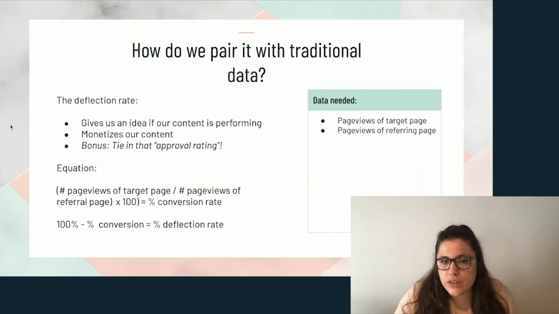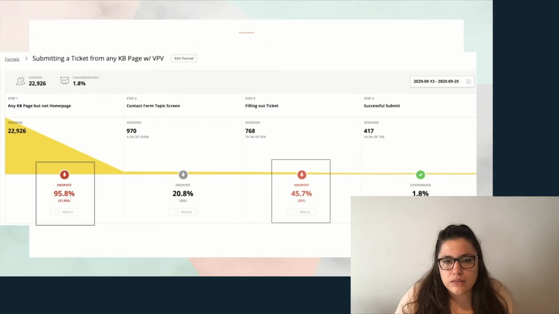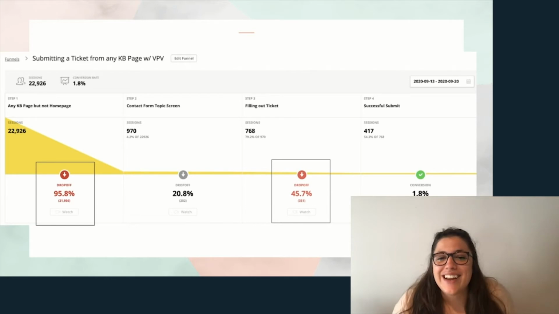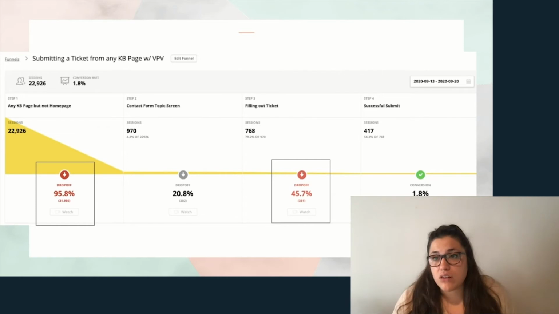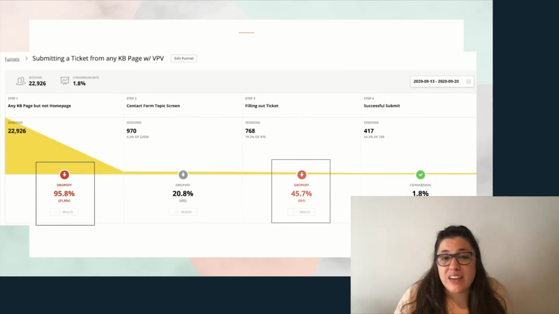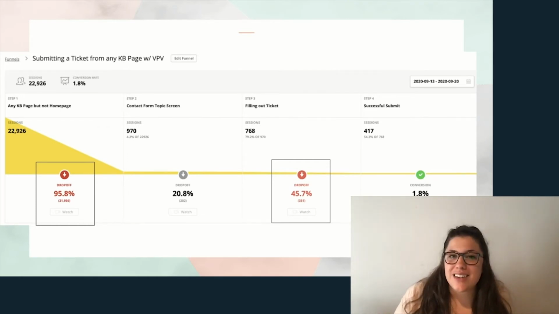So if I see the first one, I see that the drop-off is 95.8%. And so I ask myself a few questions. Why are 970 people still going to the contact form? Why are the 20-odd thousand leaving?